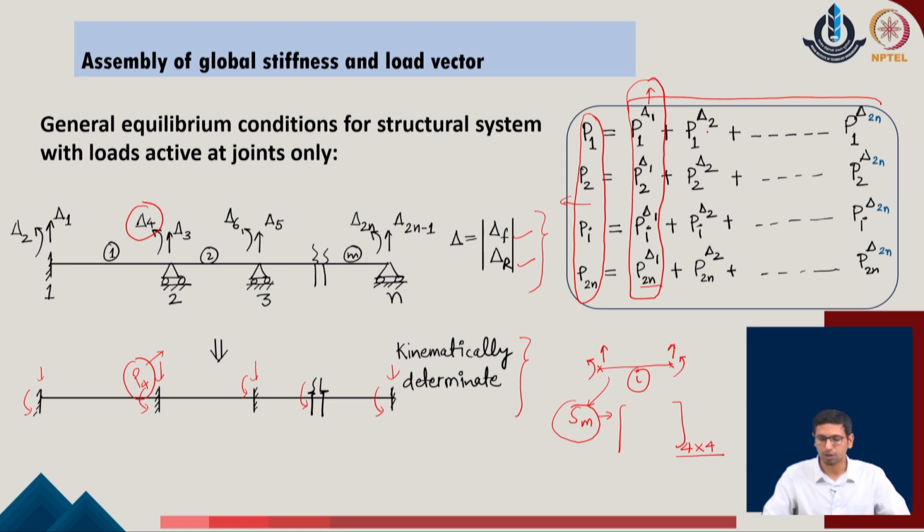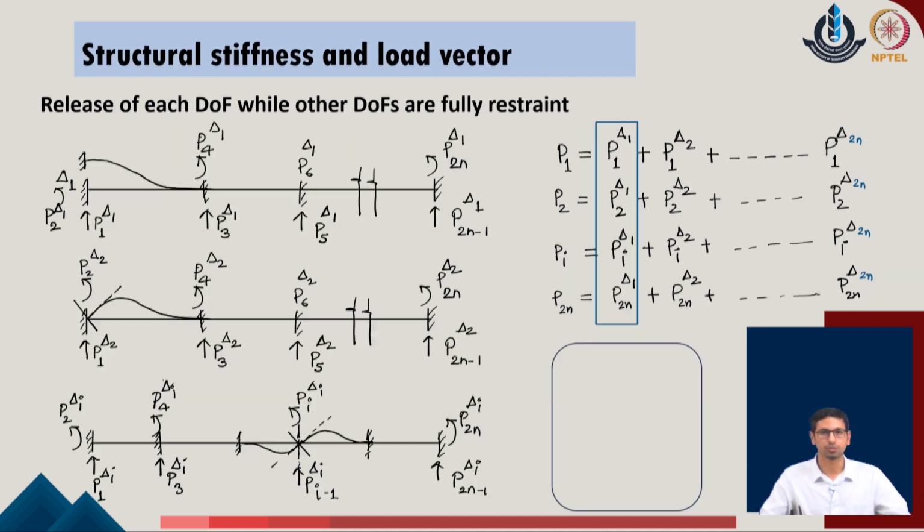We can repeat the similar process for all other degrees of freedom in the given problem, and this way we continue for all the degrees of freedom, which are 2n in the present case, and that is how we have written the generalized expression with all these coefficients in the given system. Now, this remains a very standard approach which we can take up from the structural system point of view, but it has not included anywhere the contributions of the members.